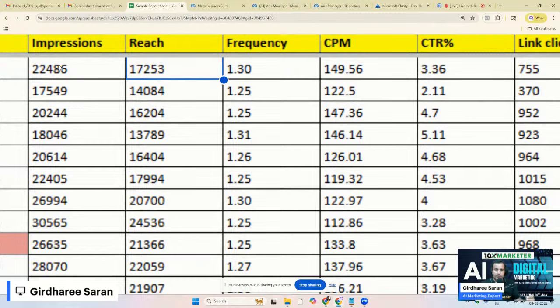Let's say somebody is making a purchase of 3 lakh, 4 lakh rupees, or maybe 50,000 plus. Then you will need a much higher frequency, and there are two reasons for that. One, you're targeting a very limited audience when you go into the luxury segment, and when you filter it even further, so let's say I want to target people who are interested in interior and also interested in luxury items,